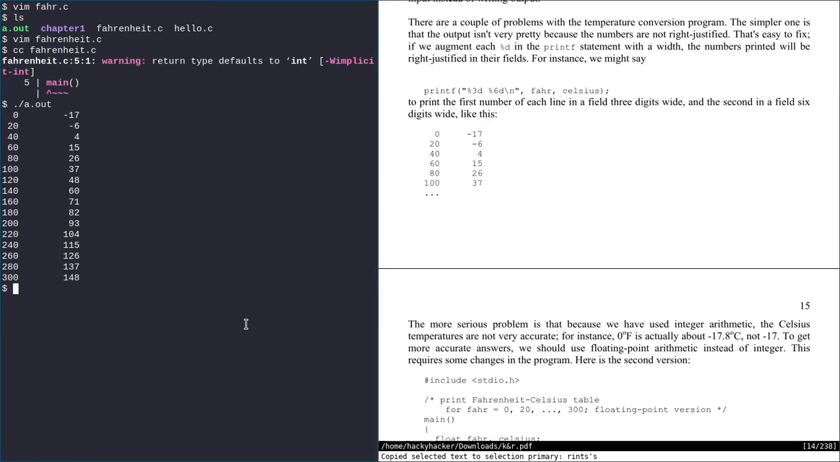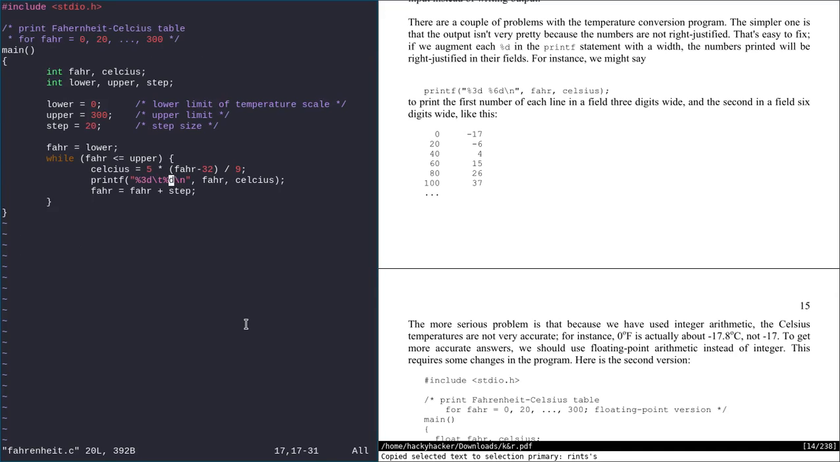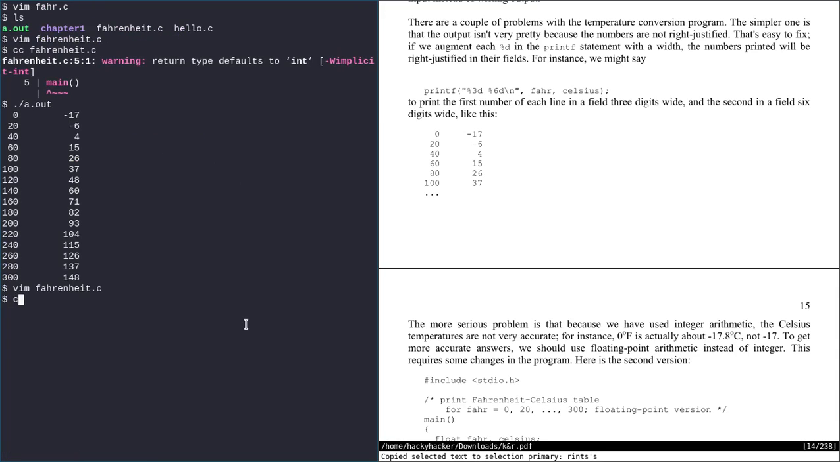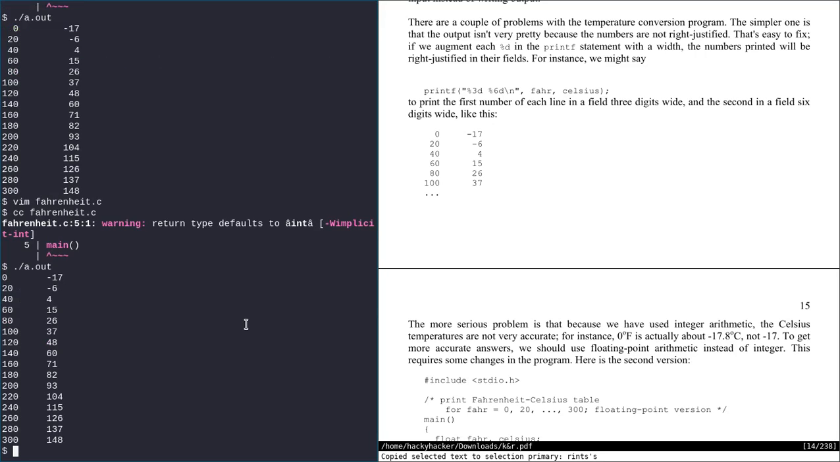Well, I don't have the previous program, so let's change it back real quick. Oh yeah, so now it's aligned to the right. All right. The more serious problem